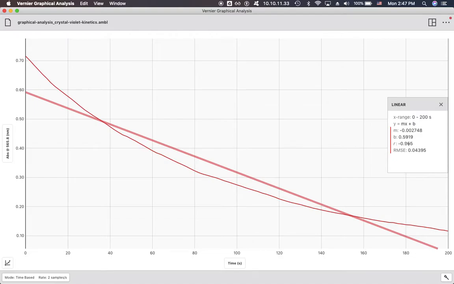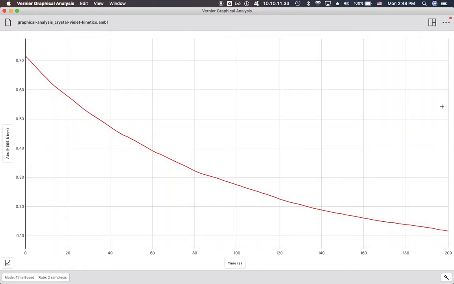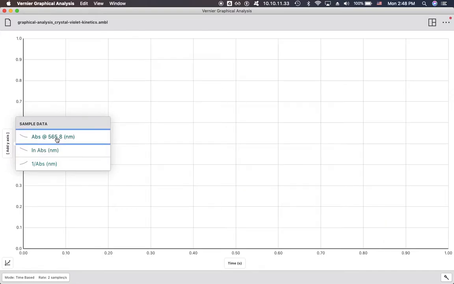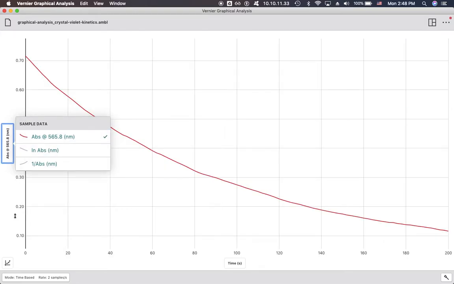Now this one says 0.965. We want it much closer to 1. The one that you'll probably choose is probably close to 0.99. So we have that. Also, just visually, this does not look like it's going to be the match to the correct order. Complete that for the other two graphs, the natural log of the absorbance as well as the inverse of the absorbance, and then you'll be able to identify your slope based on